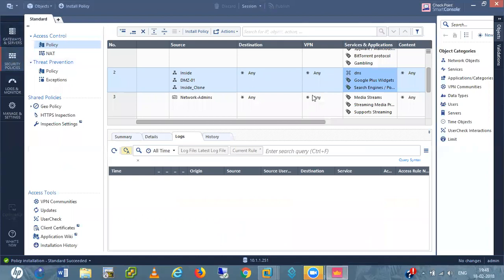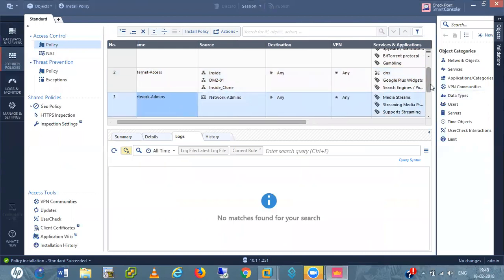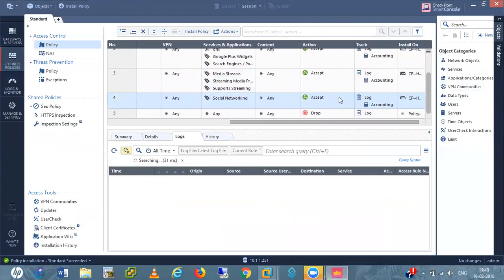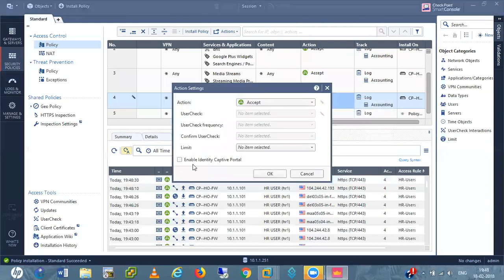If you want the captive portal, in network admins or in HR users, in the accept rule, in the inline interface, in the more tab here, just enable the identity captive portal.